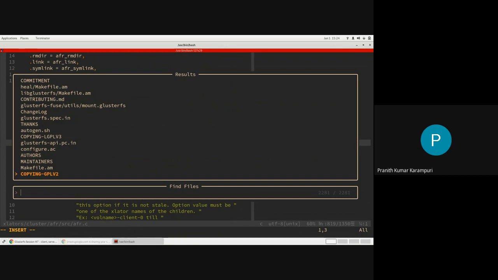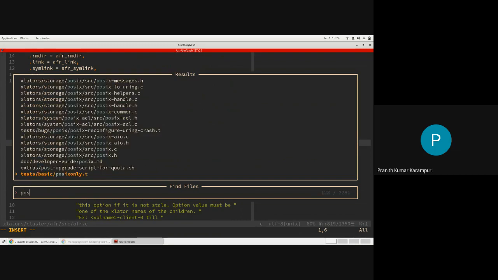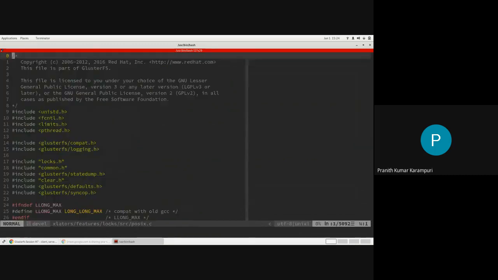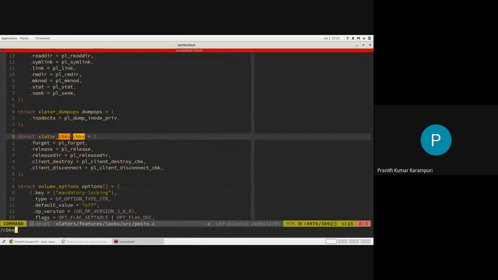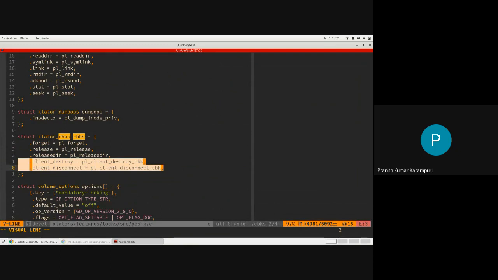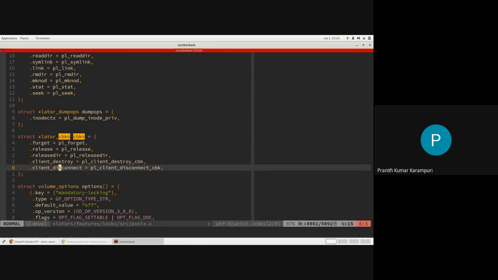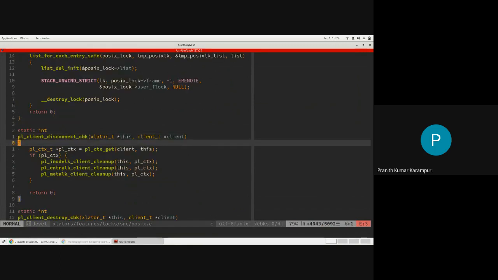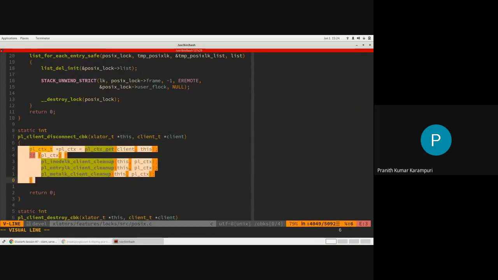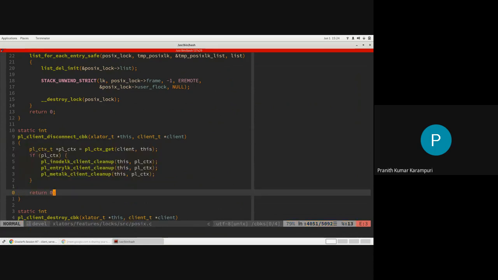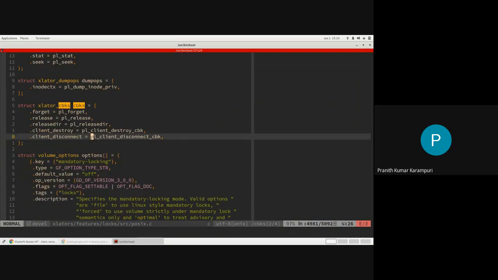One such translator which maintains state per client is the locks translator. The callbacks in the locks translator will have these two. Upon receiving a disconnect from the client, it will clean up all the inode locks, entry locks, and meta locks that are present. The POSIX locks are cleared by the flush operation by the server translator, so that may not happen here.